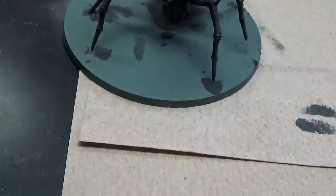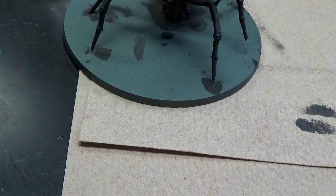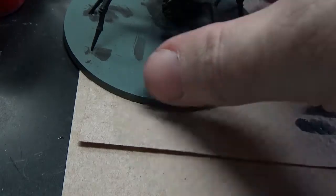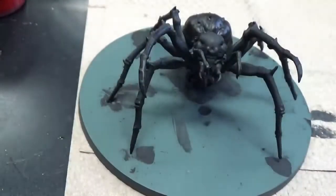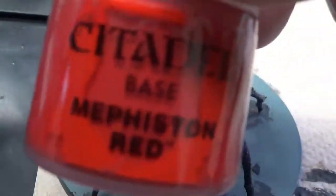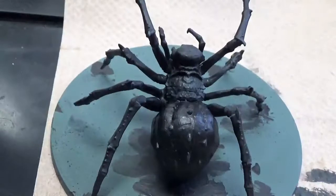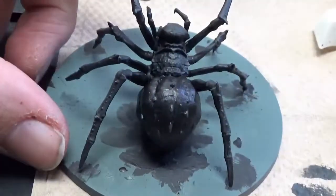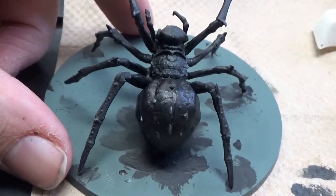So we're going to go to Mephista Red with our small layer brush, and I get some paint ready, and I'm going to show you how we're going to do this. And I don't know how we're going to do this, so I'll figure it out when I can figure that out. I'll be right back. Alright, now that we've got our Mephista Red, some of it on our palette, watered down just a little bit, it's time to try and freehand